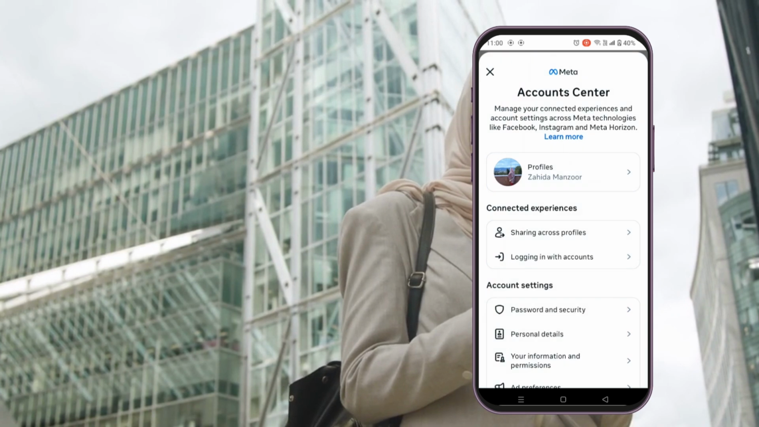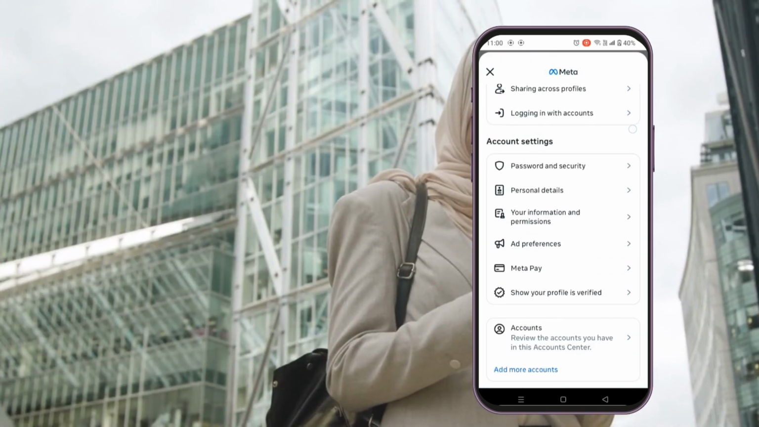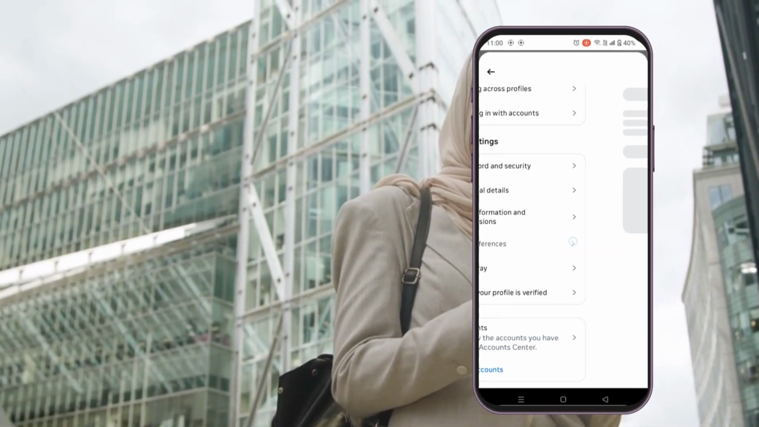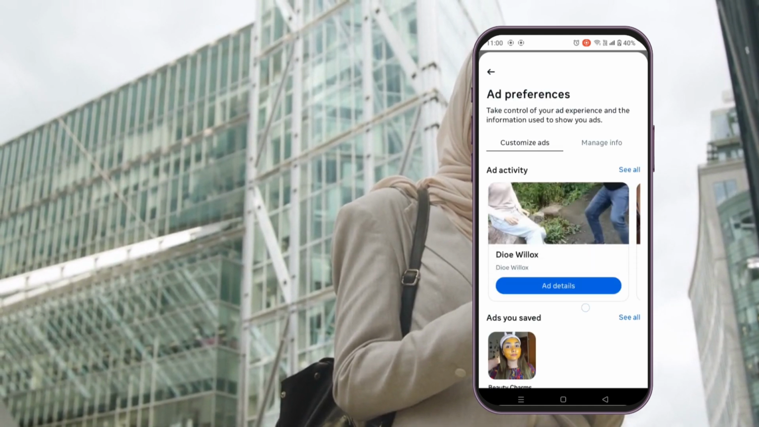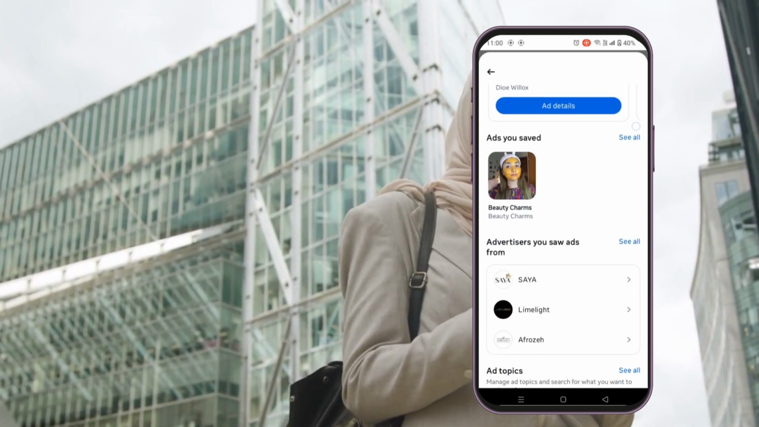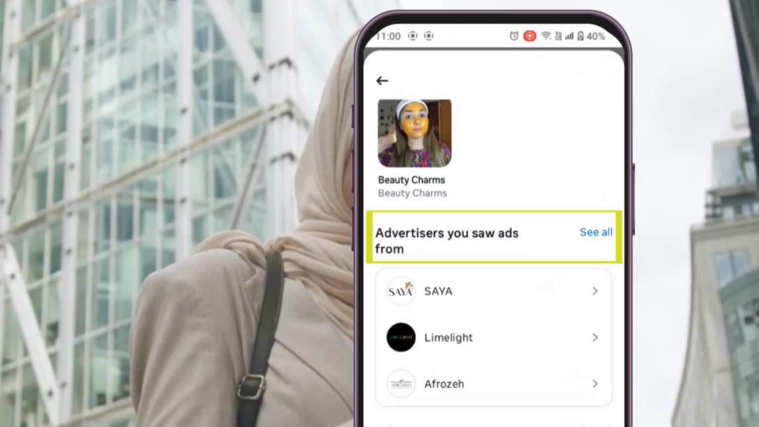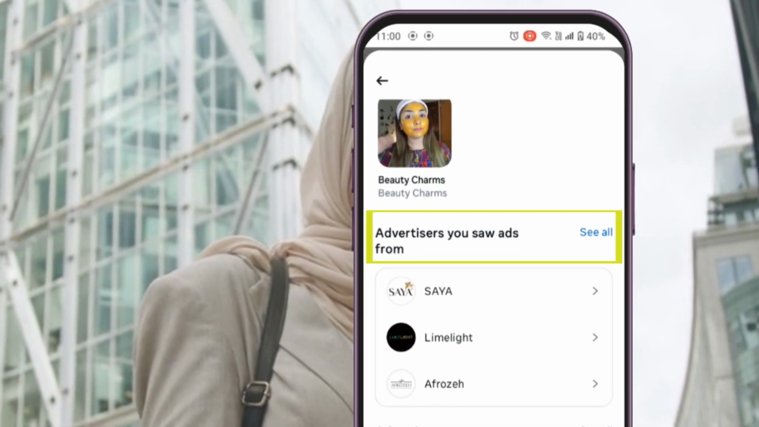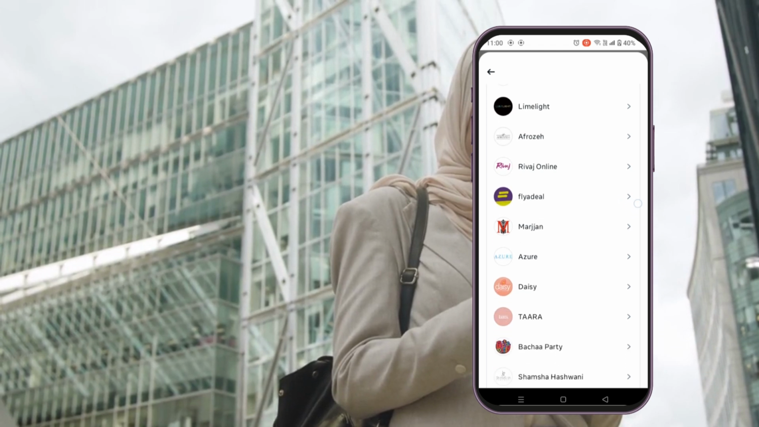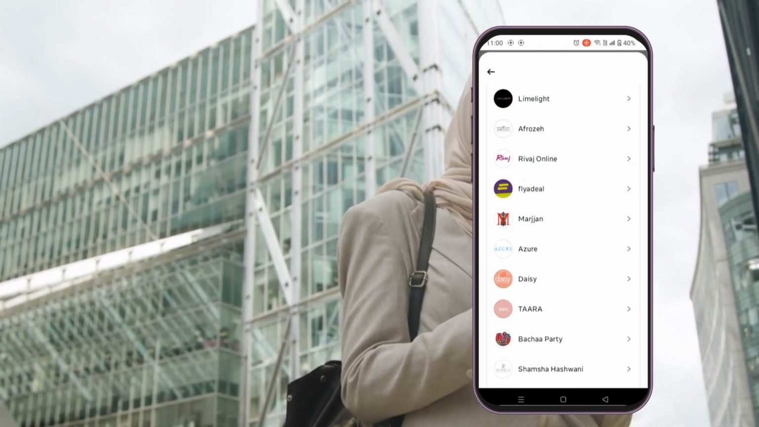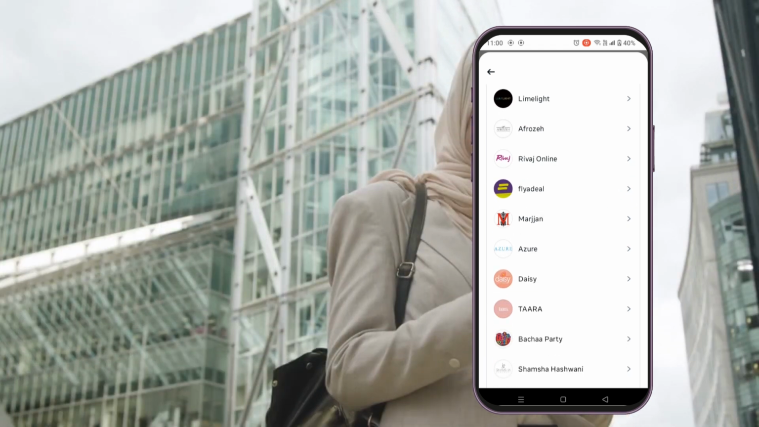Inside this, you will find an option, Ad Preferences. Tap on this to continue. Under Customize Ads, find and tap Advertisers you saw ads from. You will now see a list of all the advertisers whose ads have been displayed to you recently. Tap on any advertiser's name